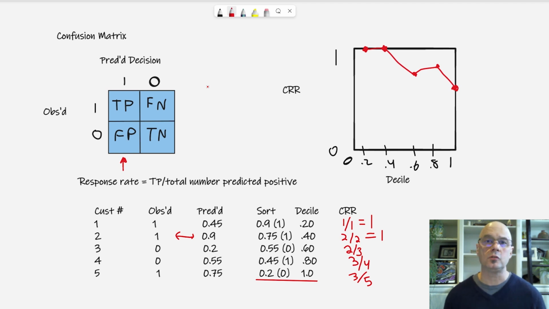Now, cumulative response rates can be informative to look at, but lift is probably a little bit more interpretable, again, because it's a comparison of where we're at to the naive model. So I'm dividing all of those values by the constant 3/5. That means the actual line itself is not going to change, just the scale on the vertical axis. So cumulative response rate will become cumulative lift.